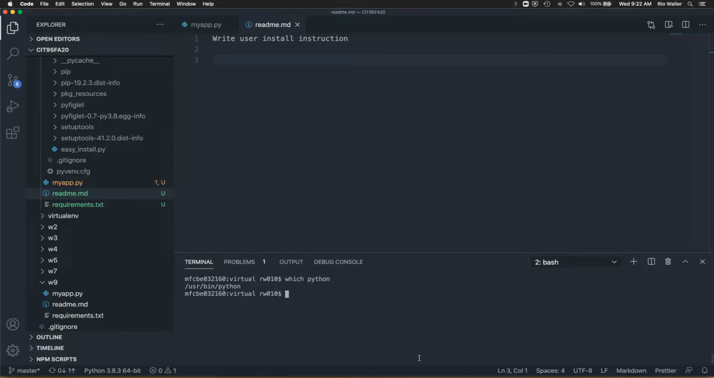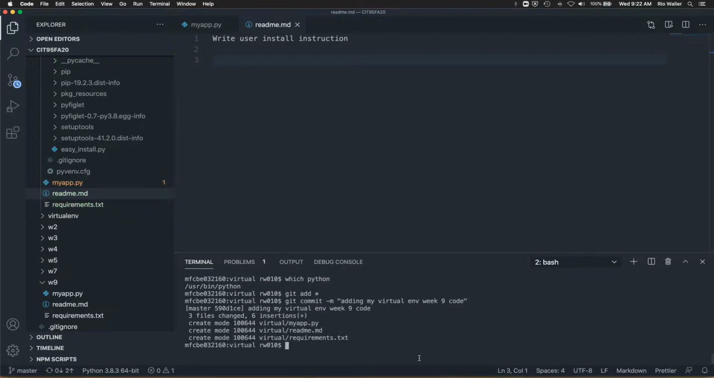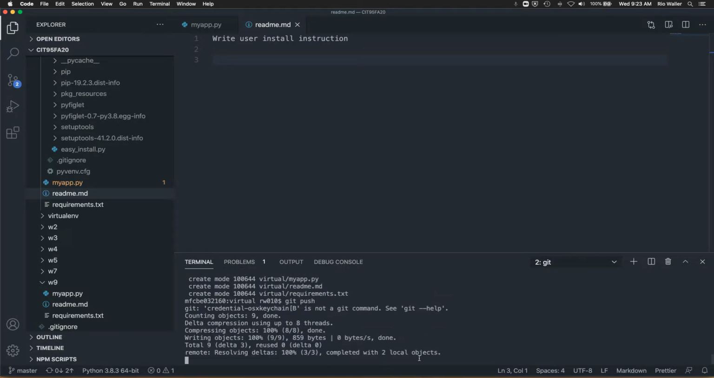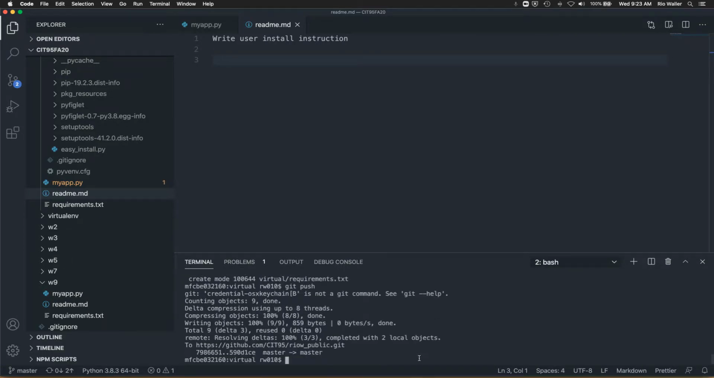So now what you can do is complete your Git workflow, right? So git add star, git commit -m, adding my virtual environment. Now, by the way, do a little better job here than I'm doing because I'm trying to make it fast. Week 9 code, pull, and then git push. Right on. Okay, so now what you will see, and you can even, if you come in here at this point